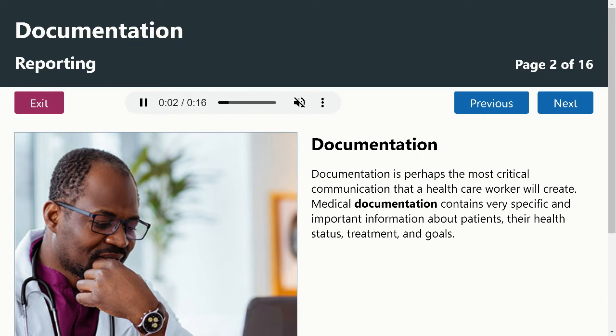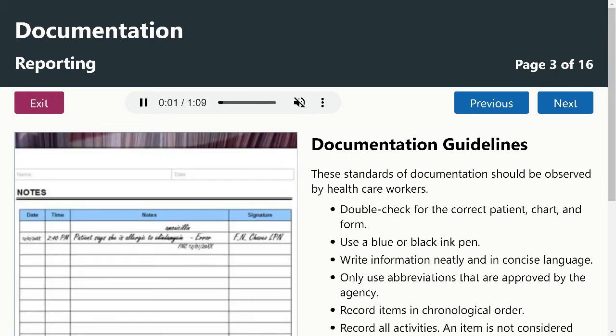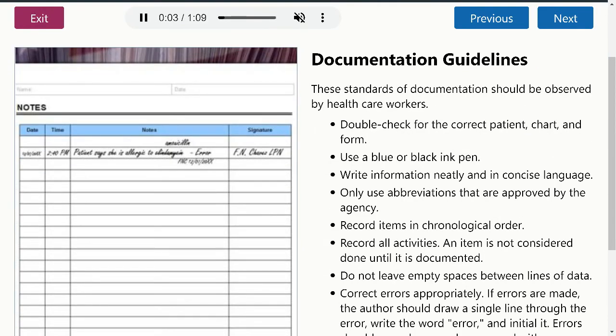Documentation. Documentation is perhaps the most critical communication that a healthcare worker will create. Medical documentation contains very specific and important information about patients, their health status, treatments, and goals. Documentation. All right, so when you document